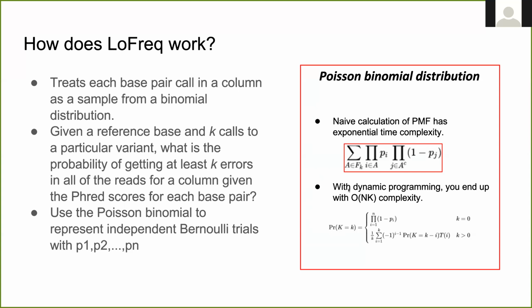And this here is O of nk dynamic programming complexity, where n is the number of reads for a column and k is the number of variants. It's worth noting that the number of variants for a column is actually O of n, since it could be the case that half the reads in the column are variants, or even a quarter, or even in some cases the entire column is all variant. And so this ends up growing substantially once we get to much deeper sequencing data sets.